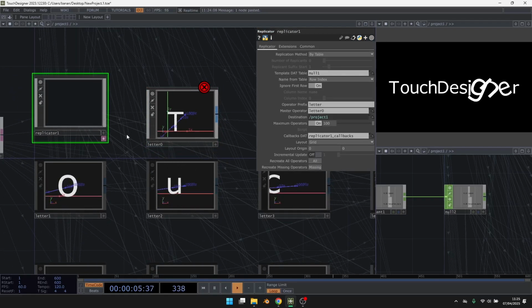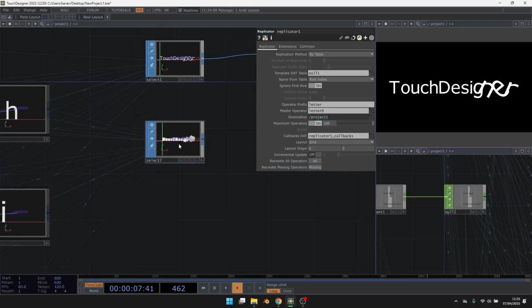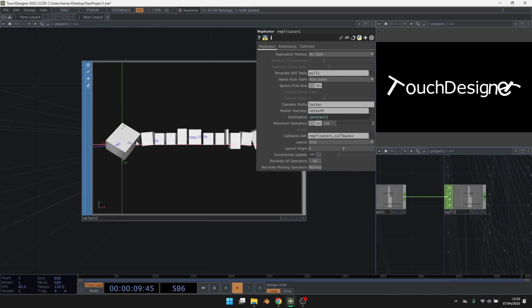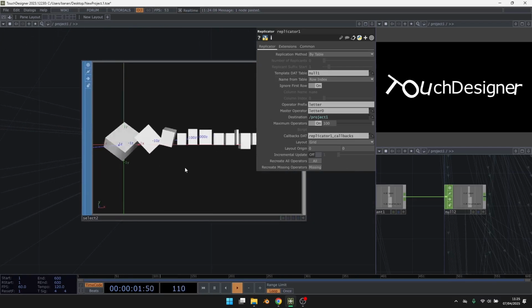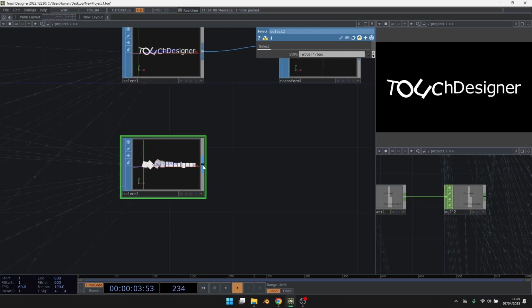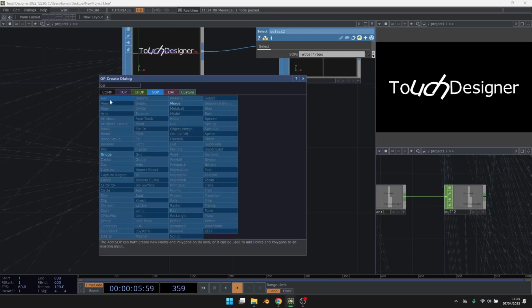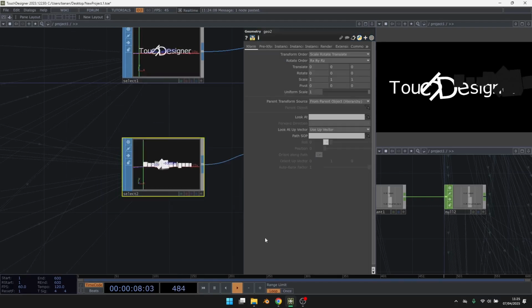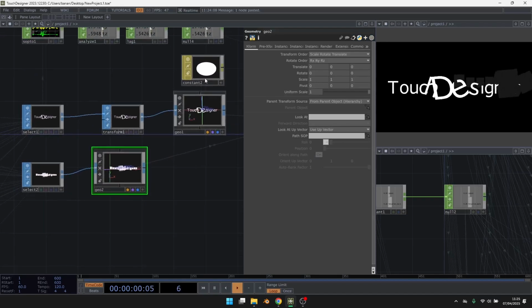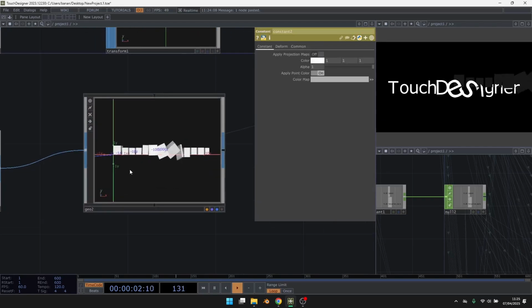And I actually want to have each box to be a different color. So this is not very good to do that, because if I then just create a geometry and put a material, it will apply to every